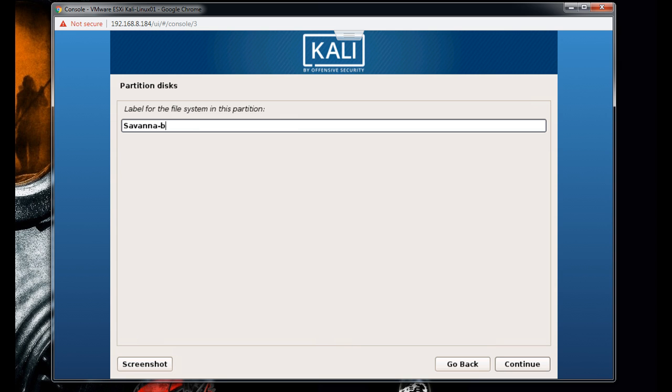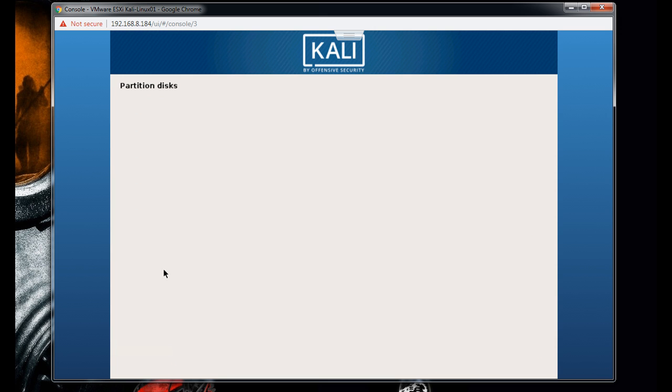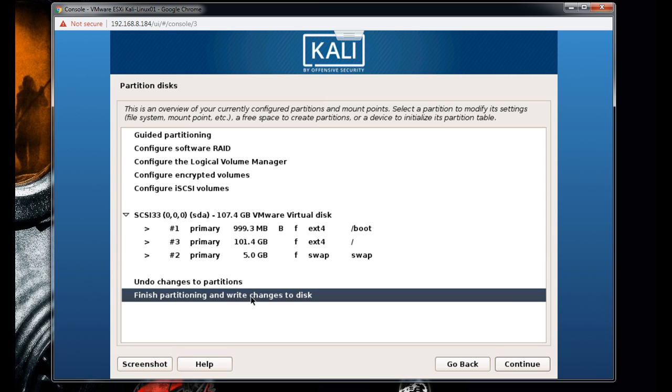So when we see Savannah, we know that that's the main boot partition. And here we'll click done setting up the partition. The other important thing which I need to make you aware of is when we do finish partition and write changes to the disk,